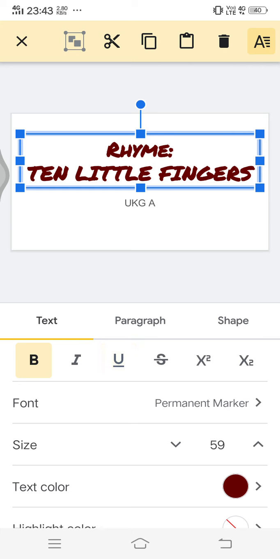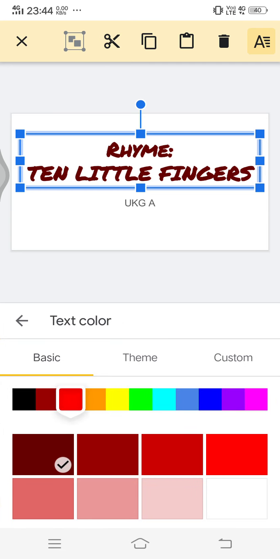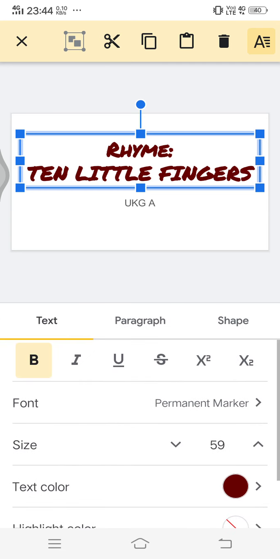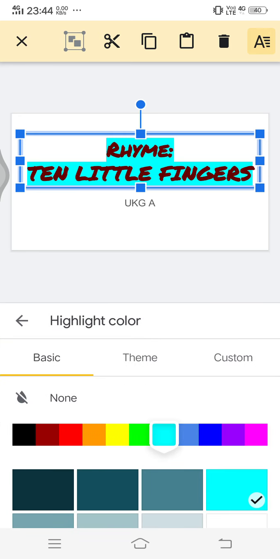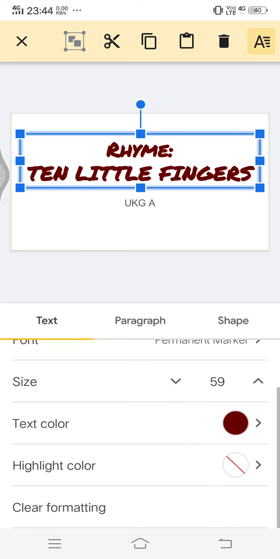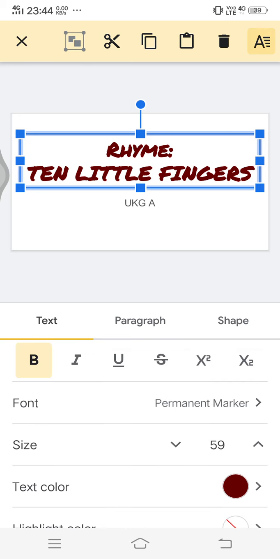Under font, there are different types of fonts that you can choose from. You can use the upper arrow on the size to increase, the lower arrow to decrease the size of the font. You can use the arrow next to text color to change the text color. Always try to use the basic shades because you will get a lot of different colors and shades. And the highlight color option you can use to highlight it if you want. Press none if you don't want it. Now to clear the entire formatting that you've done, you can just press clear formatting, but I don't think you'll need to do that. You can use undo and redo, and I'll tell you where that is.